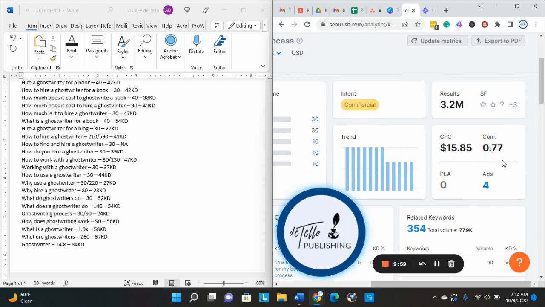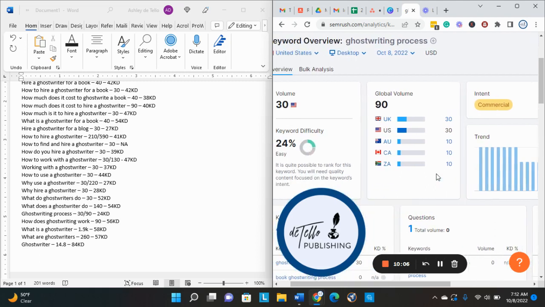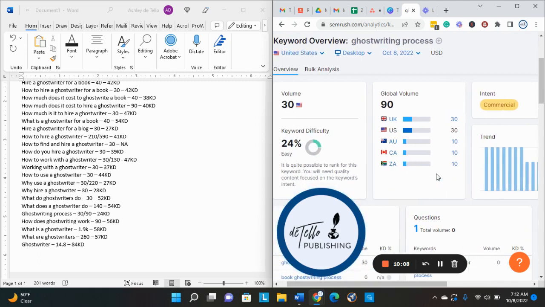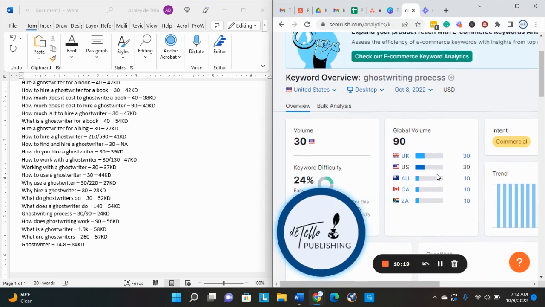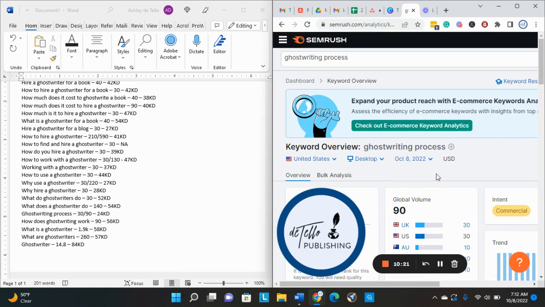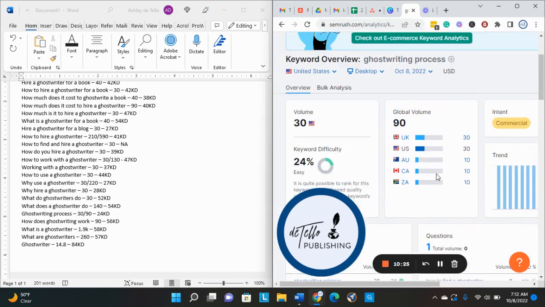And cost per click. It'll show you lots of different things. There are 4 ads running, and the trend shows how, at some points, certain keywords are more popular. Like you'll see, this is trending on Google or YouTube or whatever, because people are looking for that word. So there's lots of other data in SEMrush that I haven't even touched, but those are the main ones that you'll see right here, and what they mean.